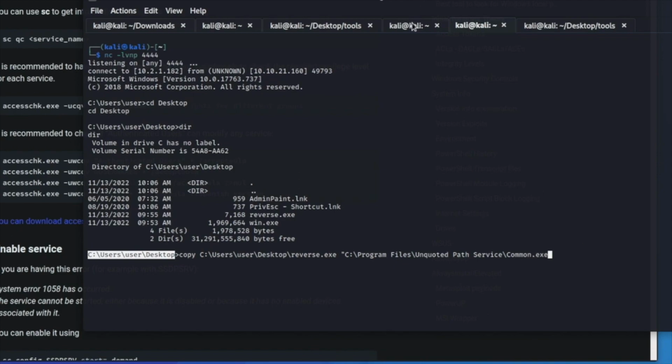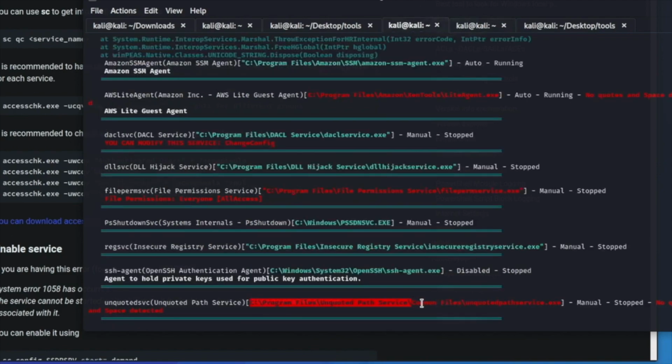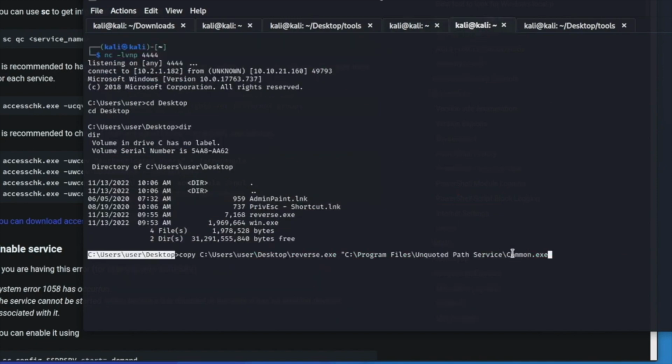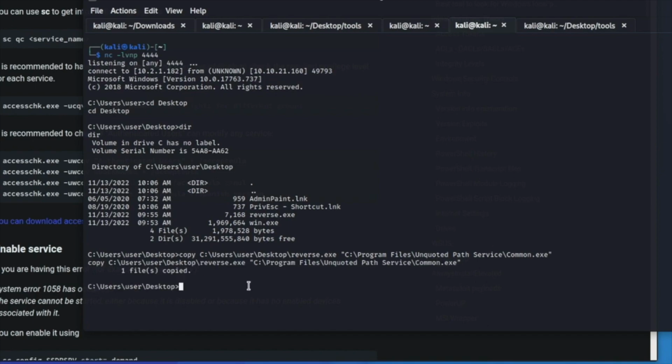common.exe, remembering that we want it to have the same start right here to this common, so that way it automatically executes our file for us. And then we can close this quote off, and that looks right. So that should go ahead, and it tells us that it copied the file over, and it should have saved